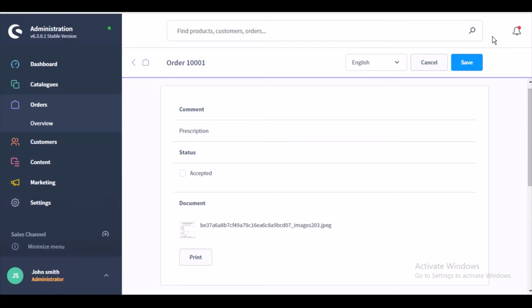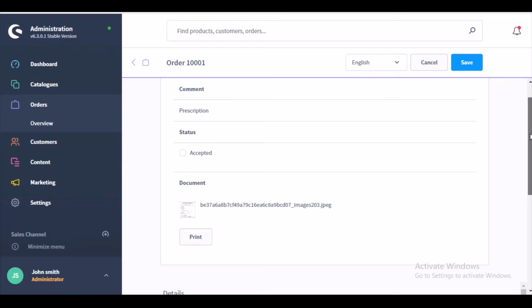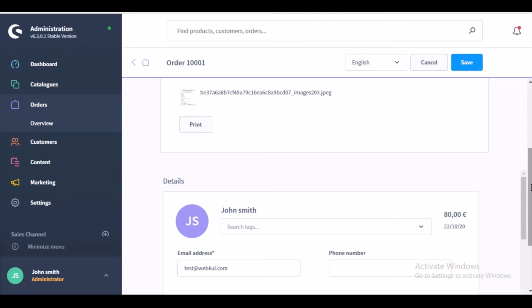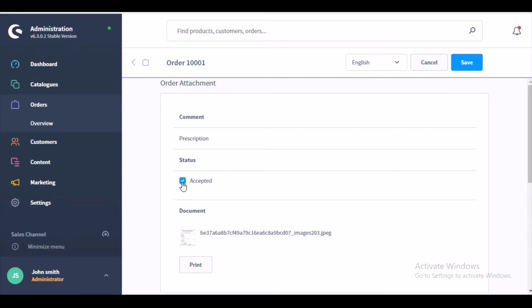And here you can view the comment of the customer and the status, and all the other details. Also, if you want to view this particular attachment information or this product order information, you can see this print button here. So you will go to this print button after accepting or making whatever changes you want, and then you can save the data by clicking on the save button. Once you click on the save button, let me show you how it looks.